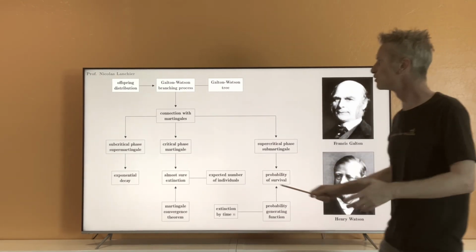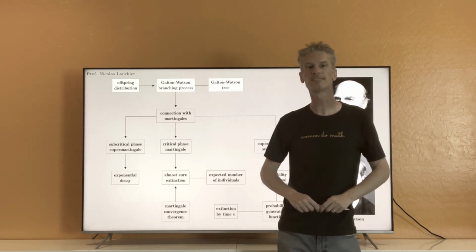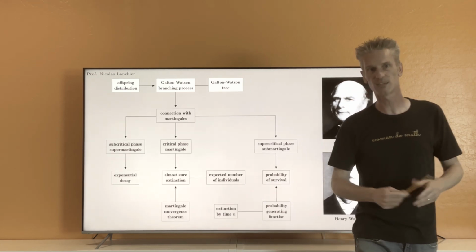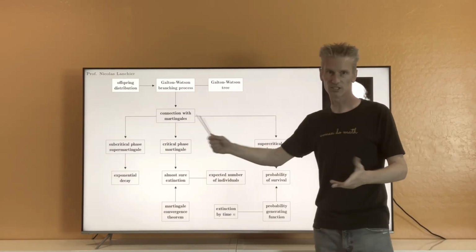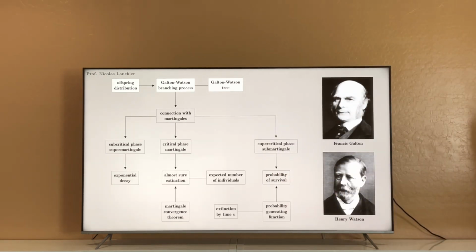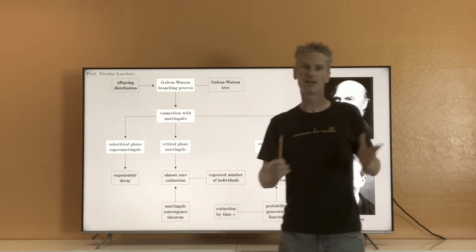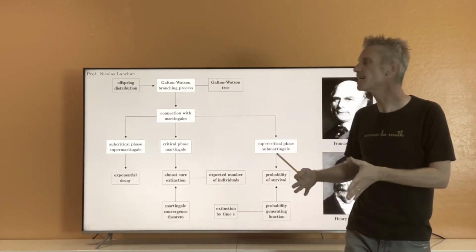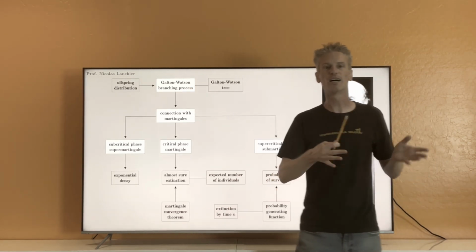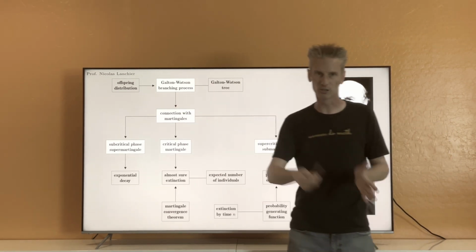Like I told you, it turns out that this process is a discrete time Markov chain. We are going to prove that. That's not very difficult, but that's not the most useful way to prove results about Galton-Watson branching processes. What's the most useful is the connection between the process and martingales. It turns out that hidden behind a Galton-Watson branching process, there is a martingale. And once you identify this martingale, you can say a lot of things about the process.